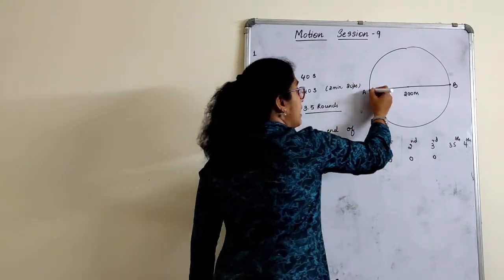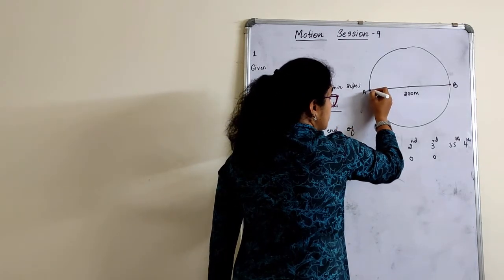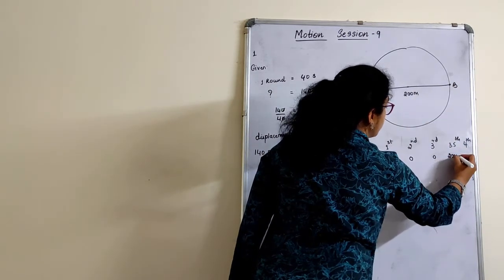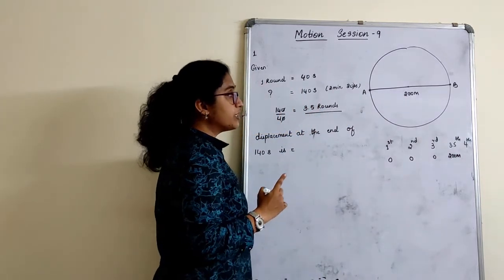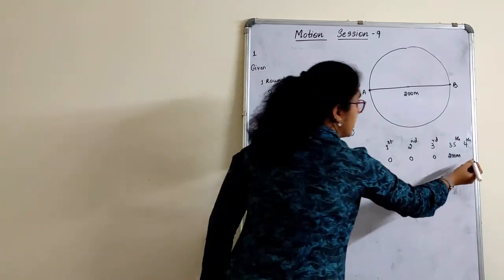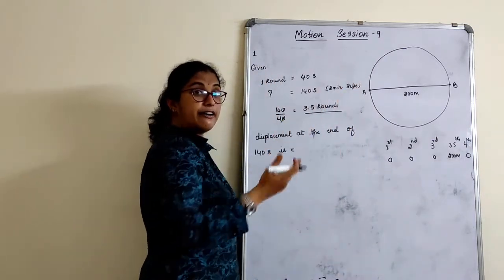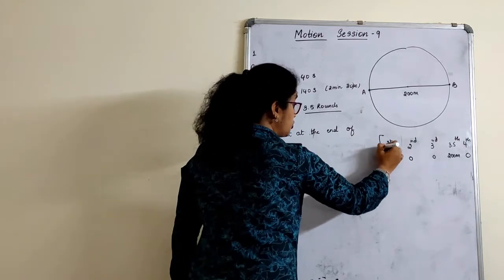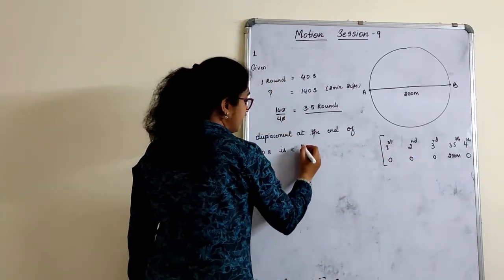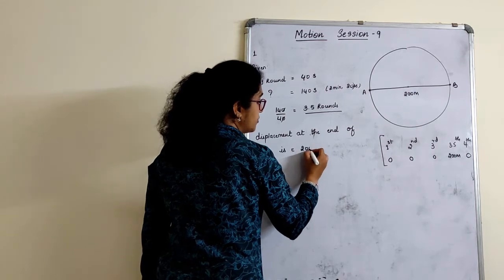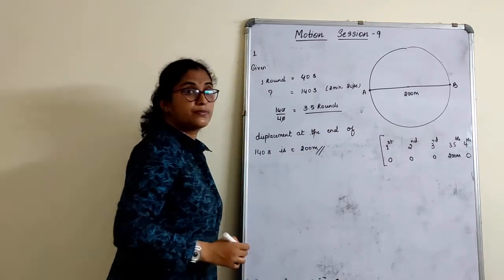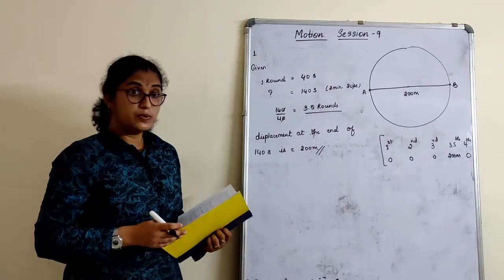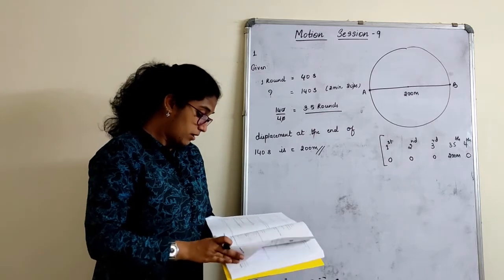3.5 rounds means where the body goes, displacement is coming half, means here, this is half here, right? So 3 and a half is 200 meter. If in case I ask you, what is the displacement at the end of fourth round? Answer is 0. 4 and a half round, 200 meter. Understood the difference here? So that is the working, but you all should know this. Here directly I will write the answer as 200 meter. Very clear? So this is the answer for the first one. A bit lengthy. The figure is very important, what you have to draw here. Let's go to the next one.